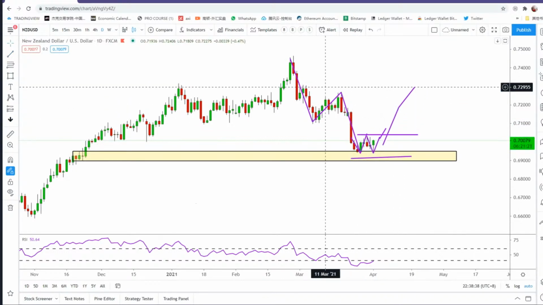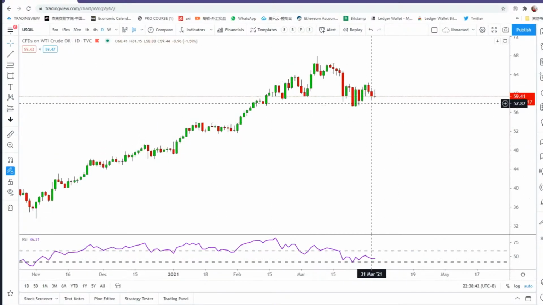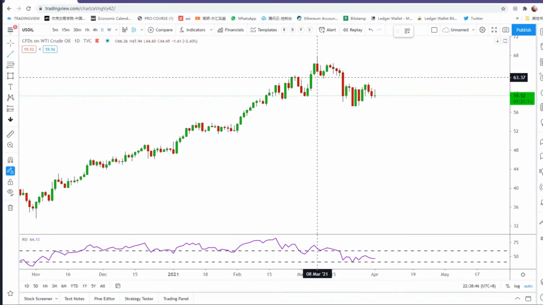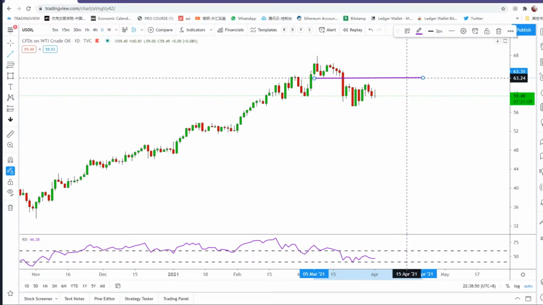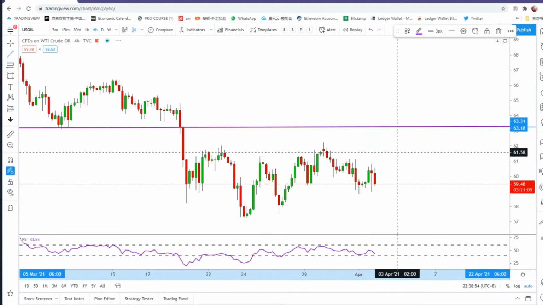Okay, let's check the oil. Oil has some bearish move last week, and I said we can sell the pullback, right? So you can consider 63.24 a very good price to sell. Another